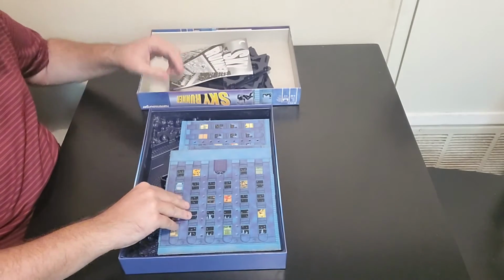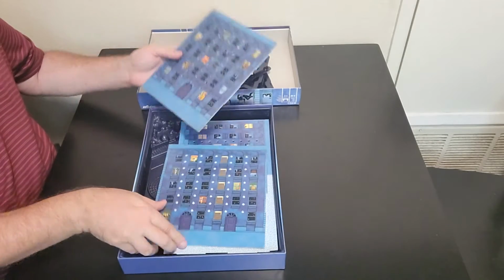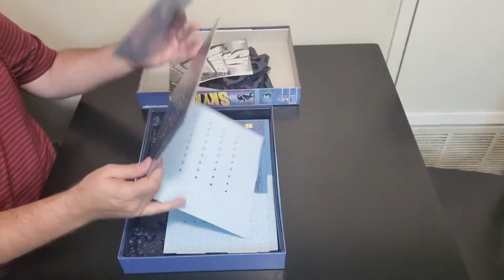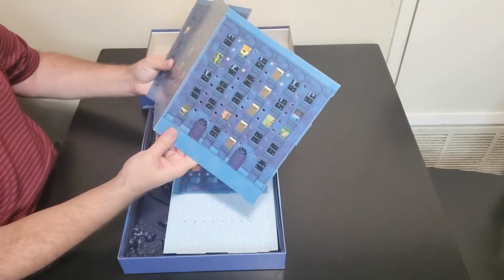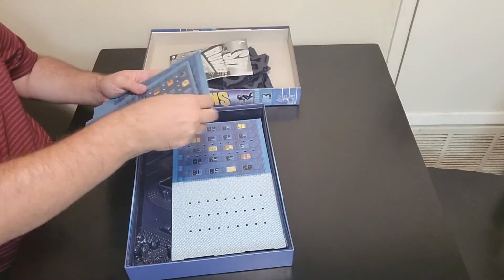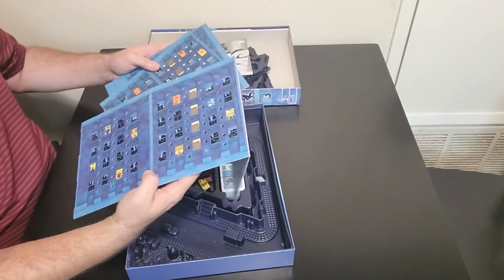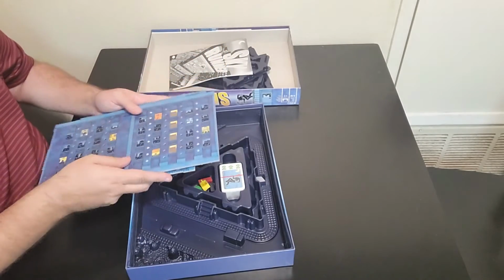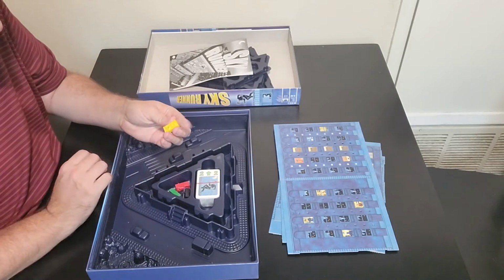Then you have the building. How cool is this? So you got the sides of the building. And depending on how many players you have in the game, you got to keep track of all the dots. It's a 2 to 5 player game. So, oh wow, this is really cool. You got pieces of the building that wrap around in a triangle fashion, just like a normal building. Then you have the, oh, there's these, the cat,